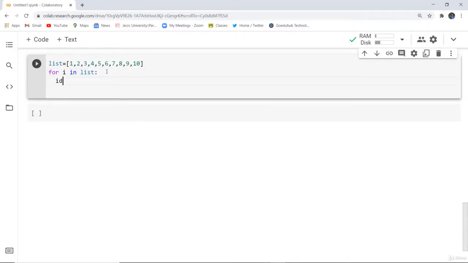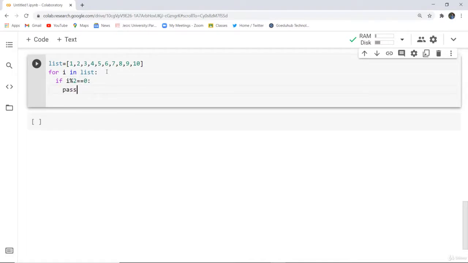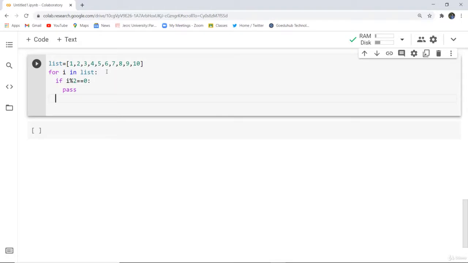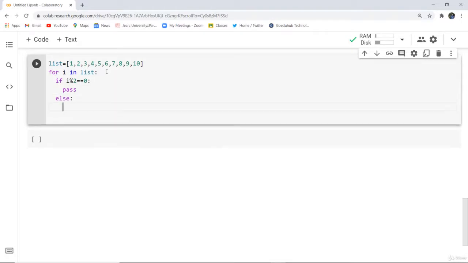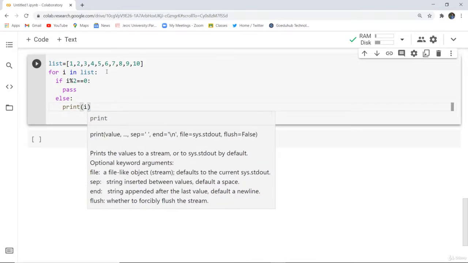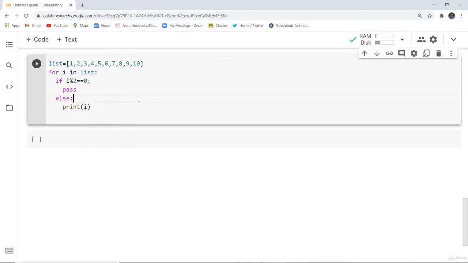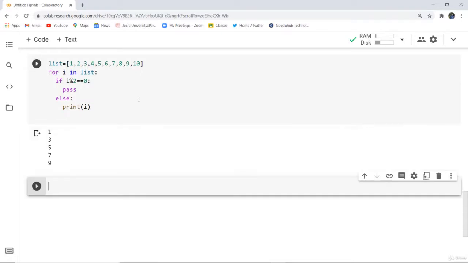Next, what I'm going to write is that if i modulus 2 equals 0, then pass, the do-nothing statement, else what we have to do is print i. So this is just a very easy program, and as I execute this particular cell, it returns me those numbers